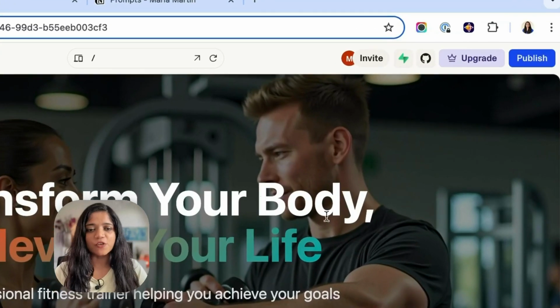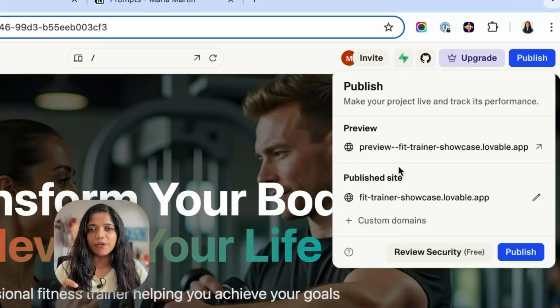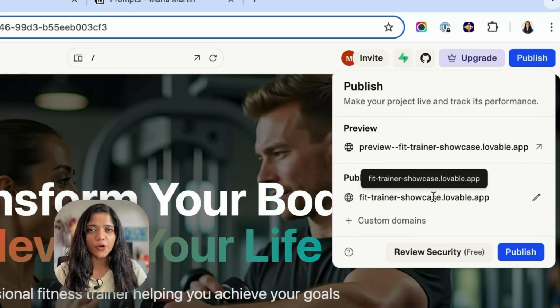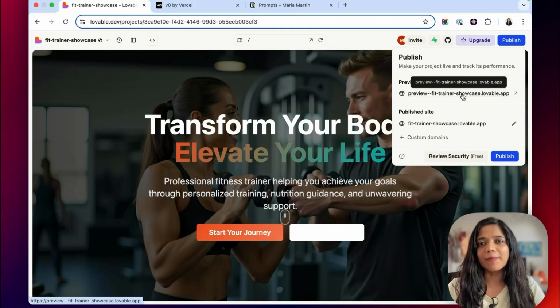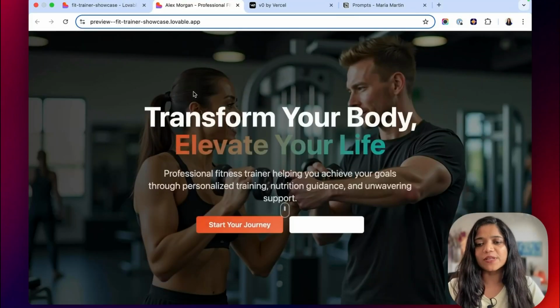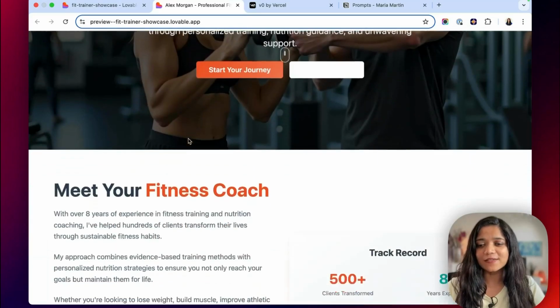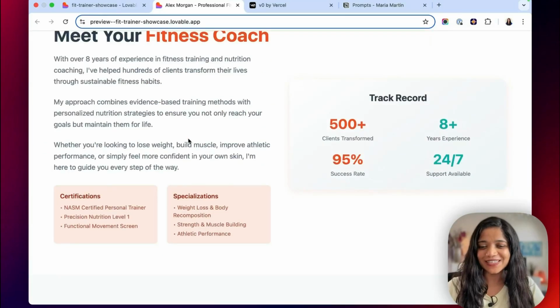So on this page, if you see, they have an option to publish. When you click on publish, you get a website. Now, of course, it's not hosted on your domain, which means it will have lovable.app at the very end. But if you have your own website, you could actually get it and sort of host it as well. At the moment, if you want to view your app separately, you can do it. Just open it in the window, and then it looks like just another website, and it's pretty neat, pretty clean.